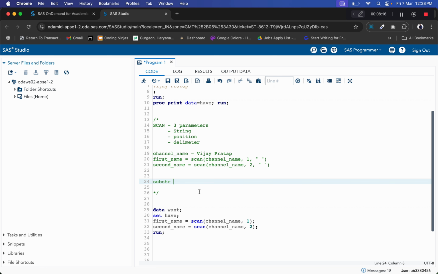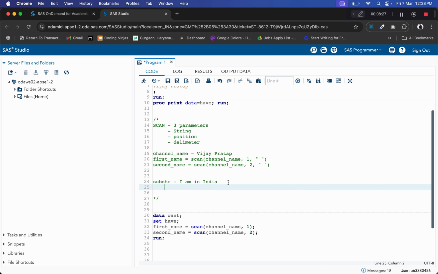For example, if I have "I am in India" and I want to find out India from this string, India is a sub part of the entire string, right? We can do this by using the substring function.